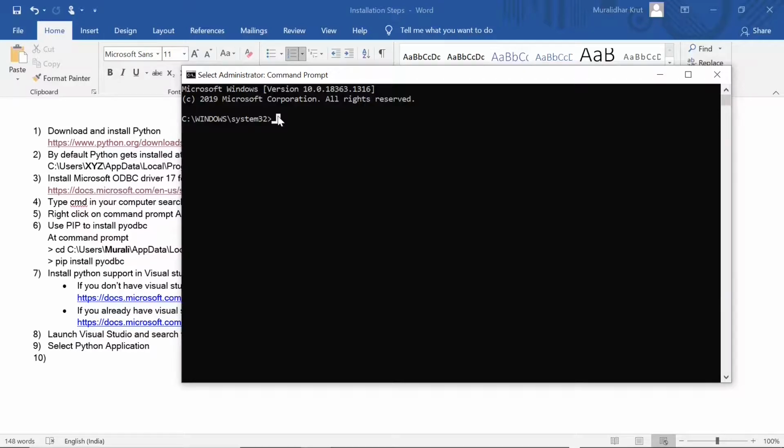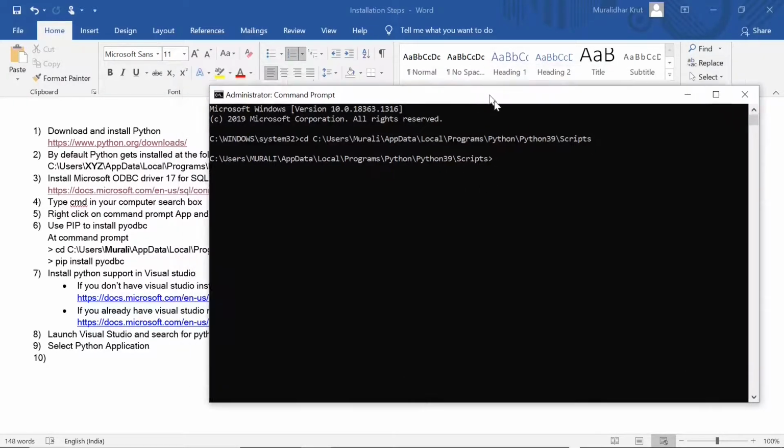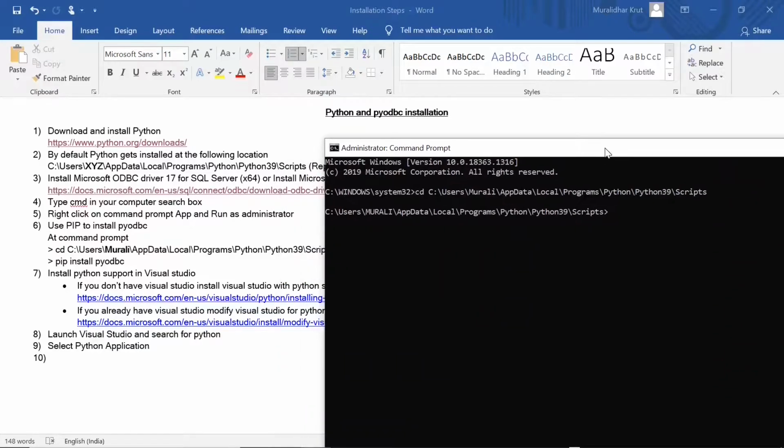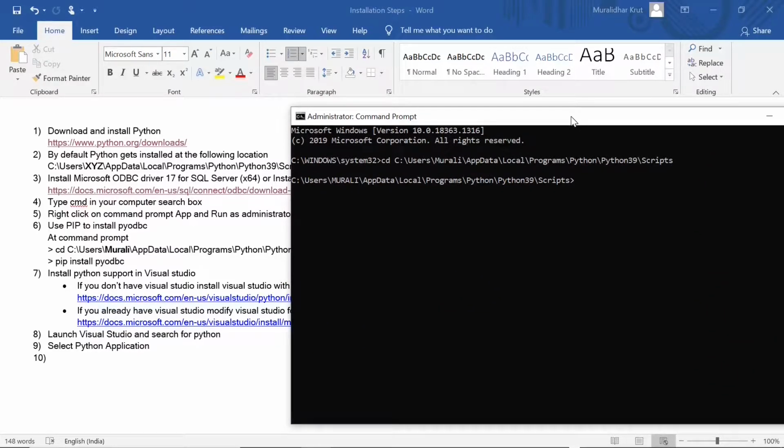So here we will paste this path: cd C:\Users, whatever name here, AppData\Local\Programs\Python\Python39\Scripts. So we'll go to that scripts path,